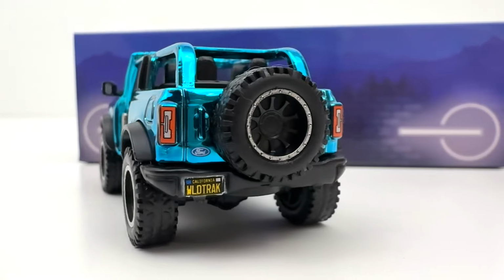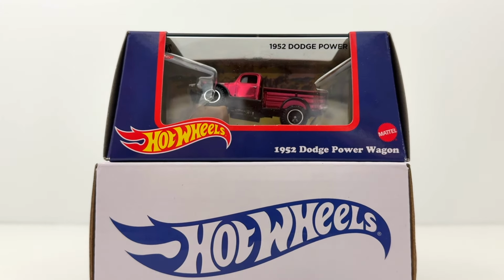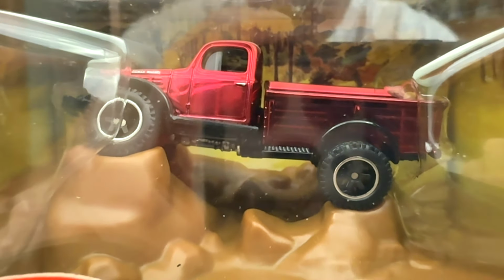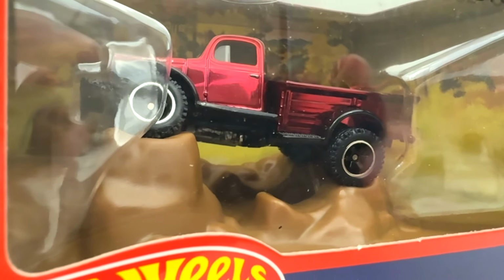The boxes keep getting bigger as we now look at the 1952 Dodge Power Wagon in action. This Redline Club set shows off the swivel frame chassis in motion as the Power Wagon crawls over a rocky terrain. It's quite the sight to see a shiny red Dodge with 6-spoke wheels climbing a mountain all inside